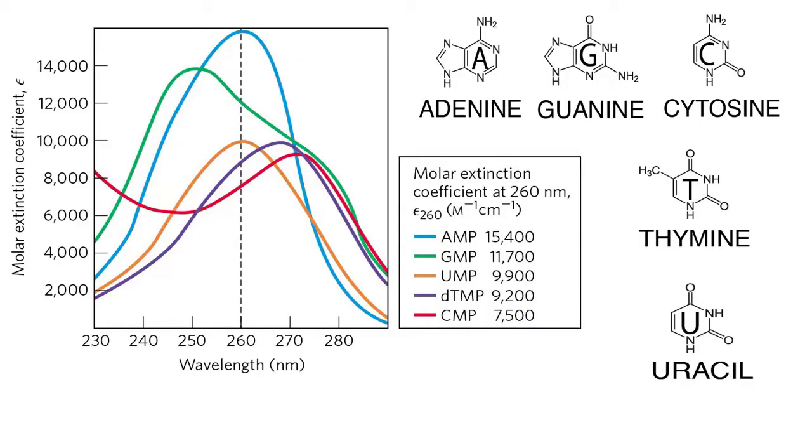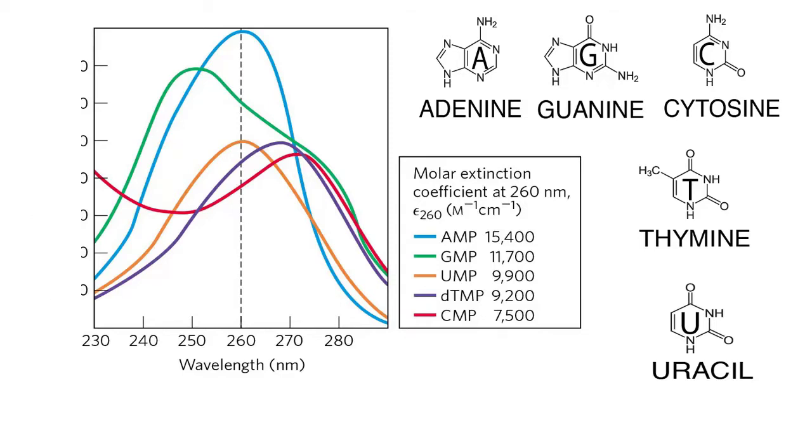Please pay attention to the figure. In this figure, you see the UV spectra of adenosine monophosphate or AMP represented by blue curve, guanosine monophosphate or GMP represented by green curve, uridine monophosphate or UMP represented by orange curve, deoxythymidine monophosphate or DTMP represented by violet curve, and cytidine monophosphate or CMP represented by red curve. Please pay attention that purinic nucleotides are stronger UV absorbers than pyrimidinic nucleotides at 260 nanometer due to having an